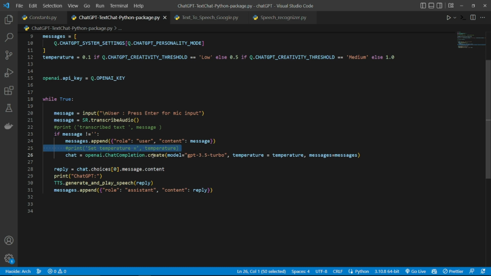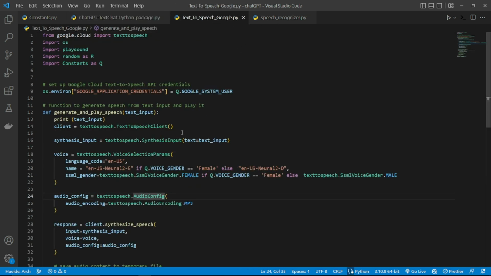call using this .create method on the OpenAI API. Here we are using the most powerful model available, GPT 3.5 Turbo, setting the temperature as well as the messages array here. So ChatGPT will take some time to execute, a few seconds to return the response. That's at the zeroth location, content. We print that to give some kind of a visual cue to the user that the response has been received, and then send this response to another program that we have implemented,